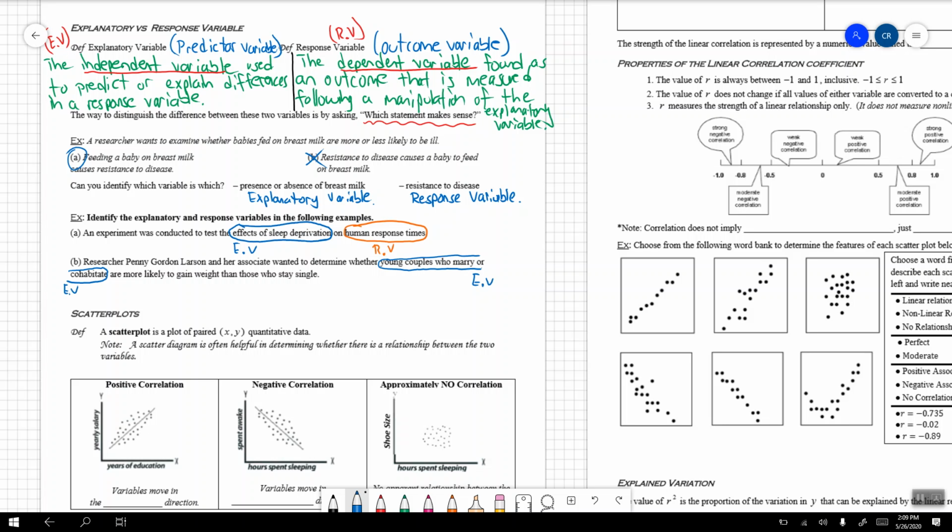Now, what is it that we are measuring? What is it that we're looking at? Well, now we're looking at, are they likely to gain weight than those who stay single? This is the response variable that we're looking at. All right, we want to see, do they gain more weight? Do they gain less weight? All right, how does that compare to couples who are single? All right, perfect. So now that we got this warm fuzzy feeling for explanatory and response variables,